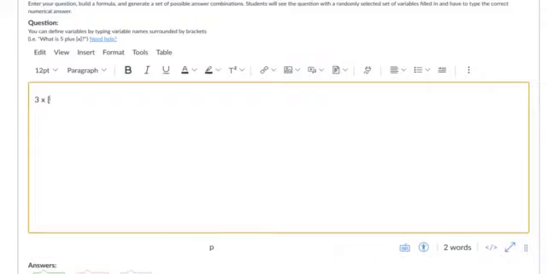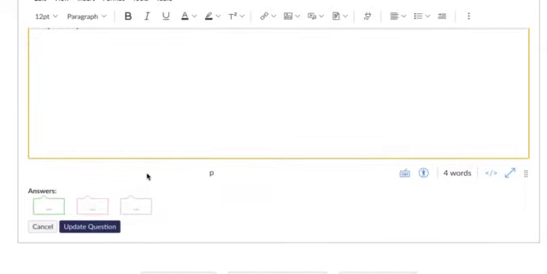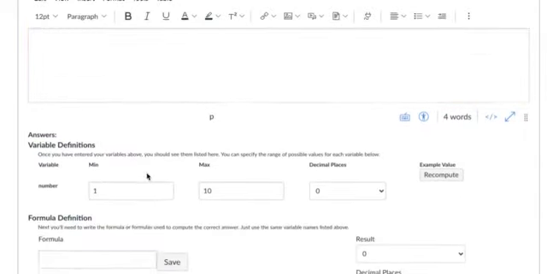A lot of people use X, but since there's an X right next to this in the problem, I'll just use the word number. And what we're telling Canvas here is we're going to take 3 and multiply it by some number, and we want the students to tell us what that equals. Okay? And you don't have to put this equal sign, I just like to. And we'll scroll down. If you click out of the box now, that will register to Canvas that you're ready